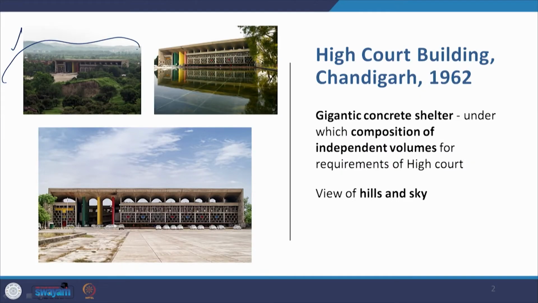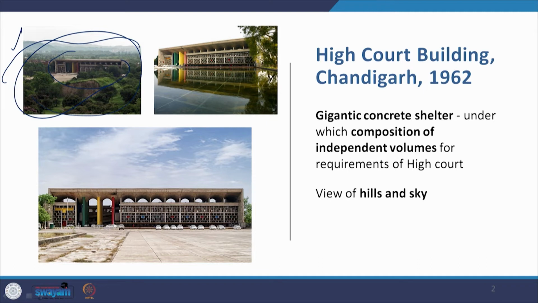In the case of Corbusier, the sketches have more to do with a very vast landscape behind them. So when you look at the High Court building, you can see this landscape of amazing rolling hills behind and dense green areas all around it on this flat site on which Chandigarh was placed, particularly the head of Chandigarh, which is the capital complex, and the entire building is framed in that. And it also shows us the monumentality of nature around it. The building is monumental, but the nature is much more monumental and completely dominates the building, so that the building appears like a minion in the surrounding landscape.